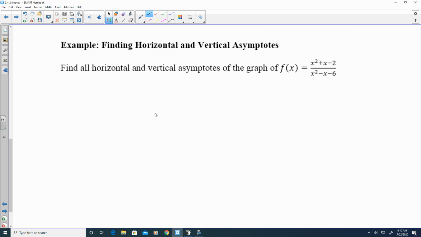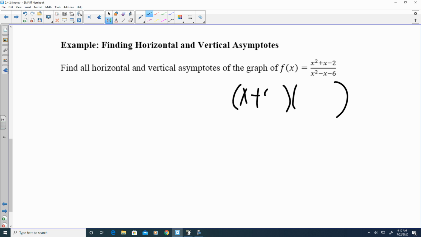All right, so let's do this one. Find horizontal and vertical asymptotes of this rational graph. So the first thing you always want to do if you see that there are multiple terms being added like this is to see if it can factor first. These both look like they're factorable expressions, and we want to make sure that it's fully simplified before we solve for the asymptotes. So the top factors